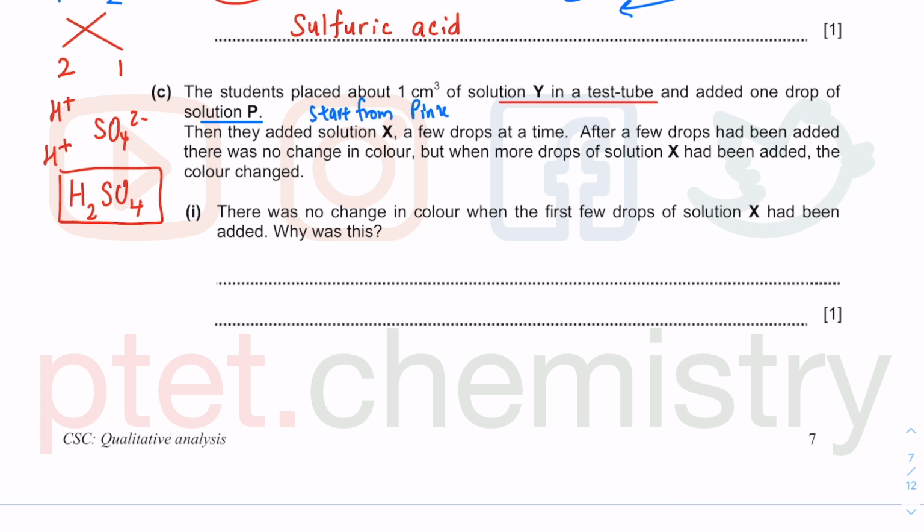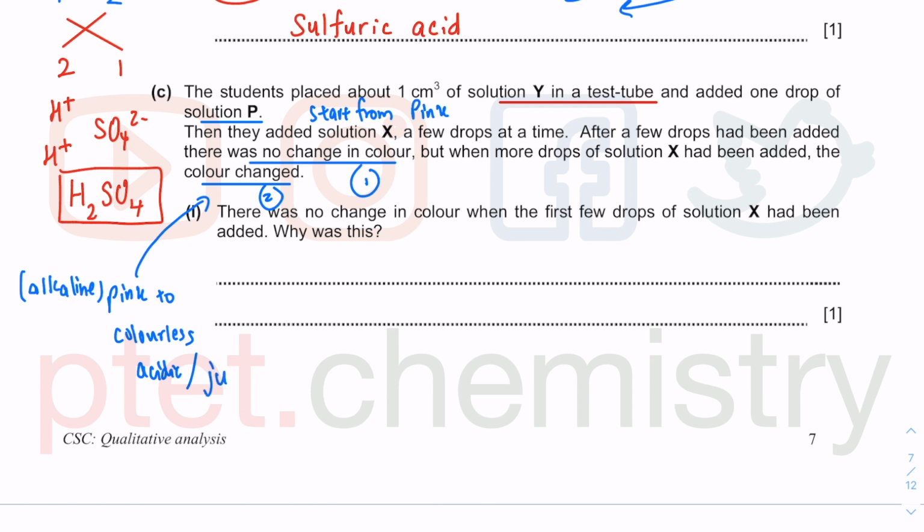Then you added solution X. After a few drops have been added, there was no change in color, but when more drops were added, the color changed. The color can only change from pink to colorless, because pink was alkaline, and it will have gone to colorless when it becomes acidic or just neutralized. That means no more